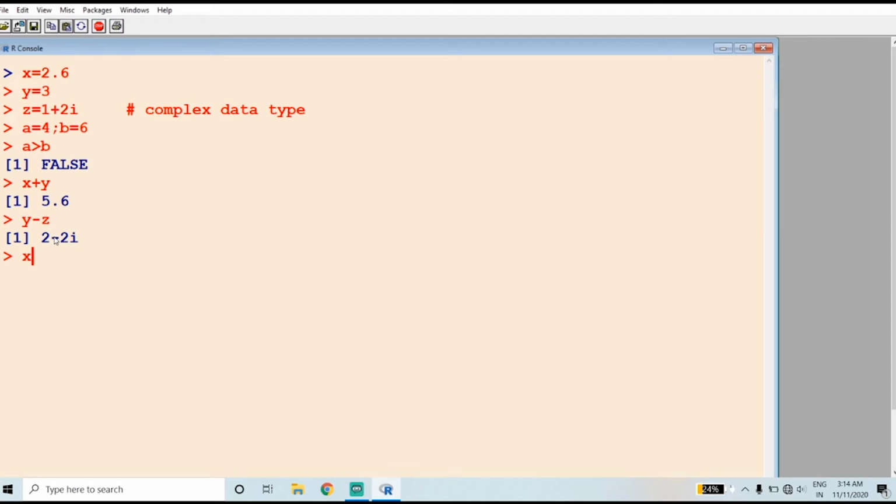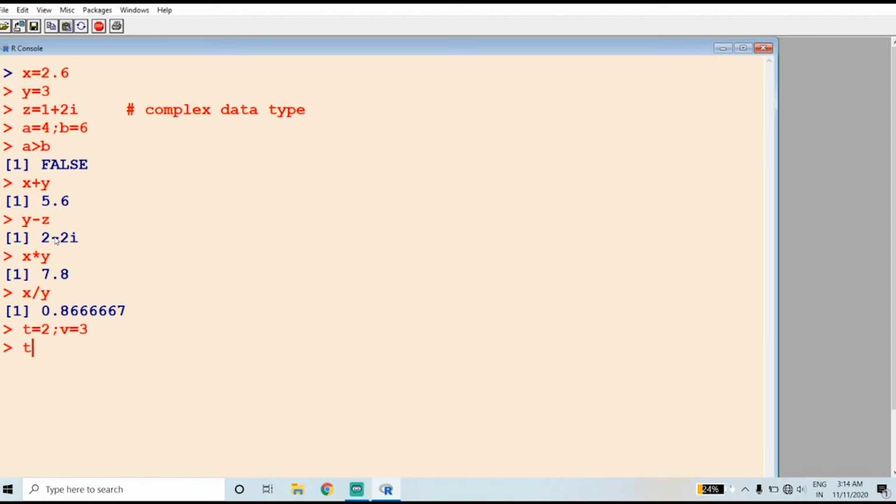Then x into y. Multiplication is another arithmetic operator. Next is division, x by y. And suppose I am assigning another variable, t is equal to 2 and v is equal to 3.